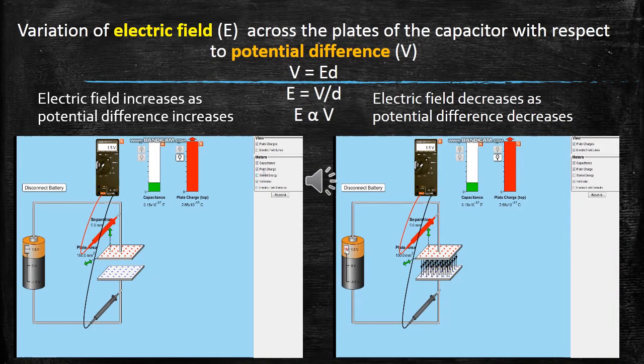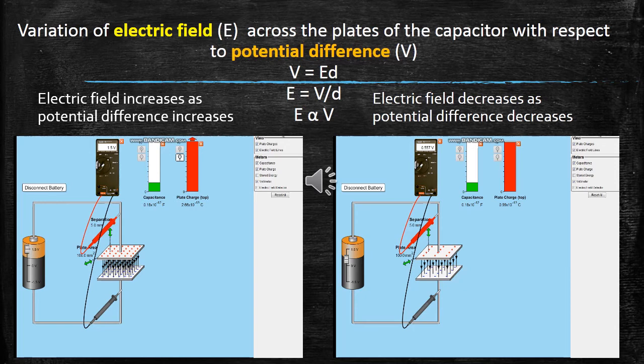In this simulation, we are going to learn how the electric field changes when the potential difference across the plate is changed. Here, first let us see the relation between the electric field and potential difference. Already in the previous concepts, we have learned one fundamental formula called E is equal to minus dV by dx. Therefrom, we can write the expression E is equal to V by d, or we can write it as V is equal to Ed. So here d is to be kept constant, d is not going to be varied.